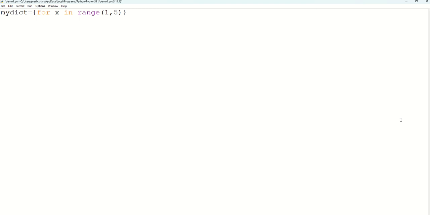But now we want to store two things. Suppose I want to multiply each number with 2. So we know that before for we have to write x into 2, but that is only the value part. And what about the key part? If I write x and colon, what will happen? Whatever your x is, for example 1, so 1 will be the key, and 1 into 2 will be your value. Next time your x is 2, so 2 will be key, and 2 into 2 will be the value. So if I write print my dictionary